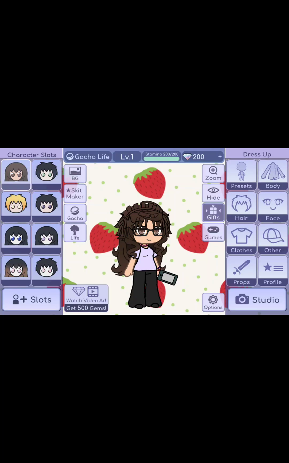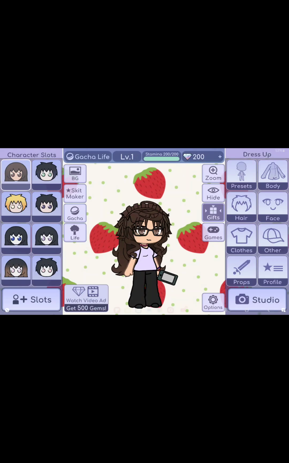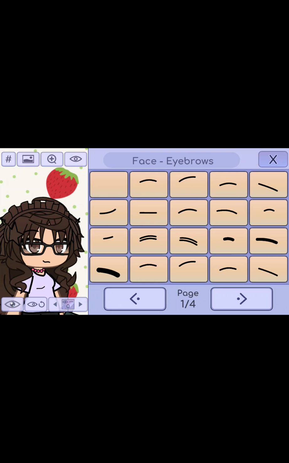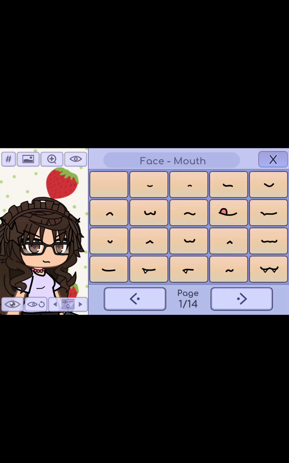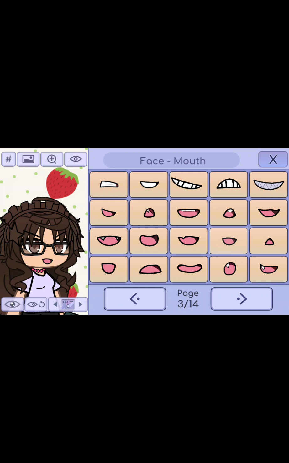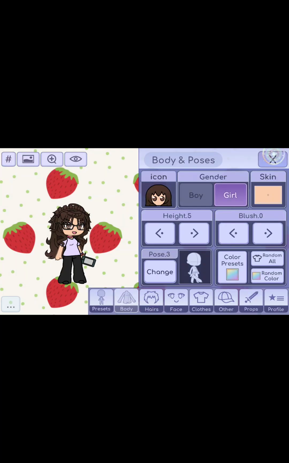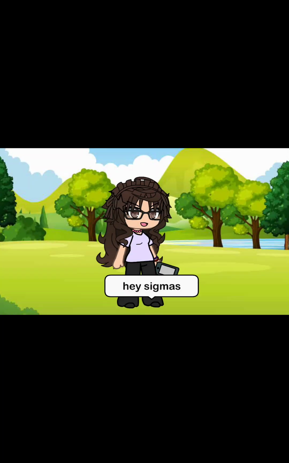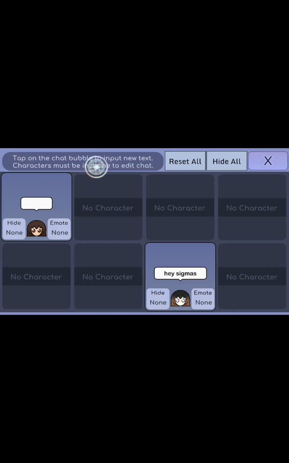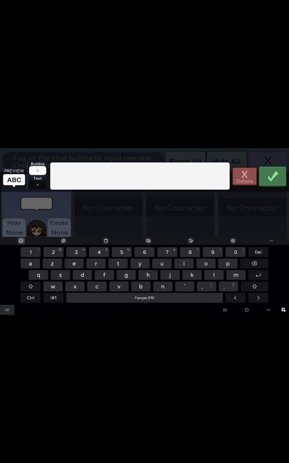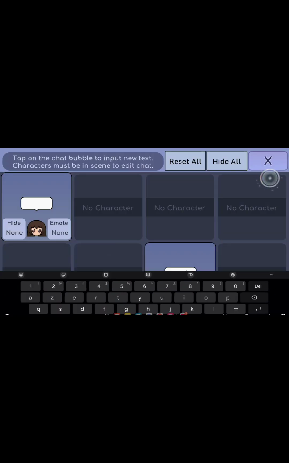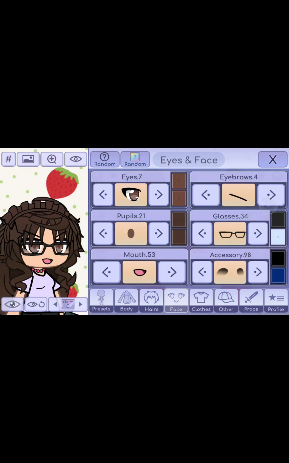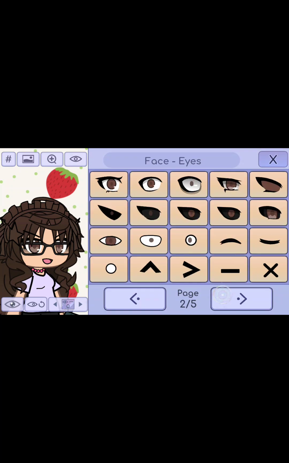I have to go immediately up here. This is my screen record, by the way. I use that. And whenever I want to do a different expression like this, I usually pause it. There's like a button at the end. I pause it and I do whatever I was doing, talking. Hey, Sigmas. Then I pause it again, change the text to something else, and give it a different expression, like any expression I want,